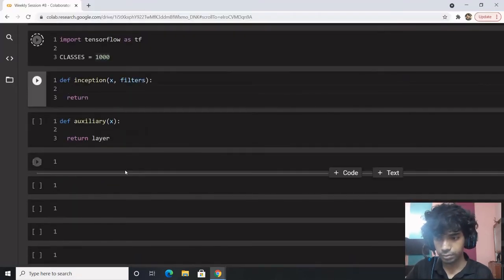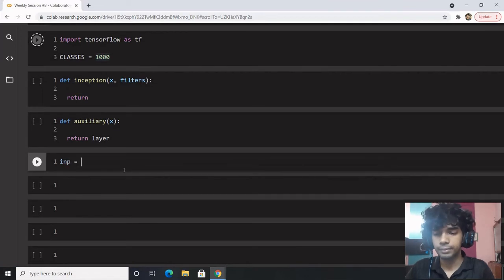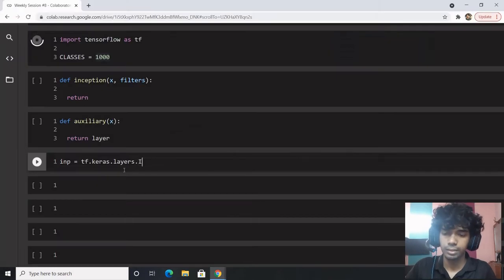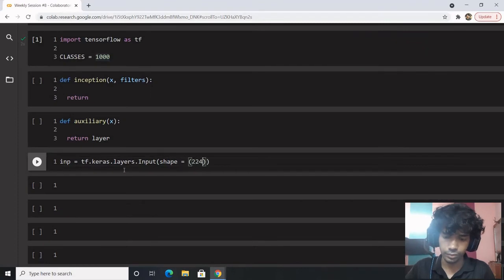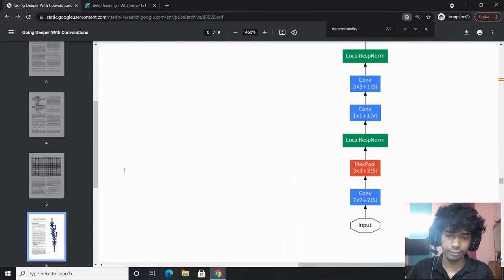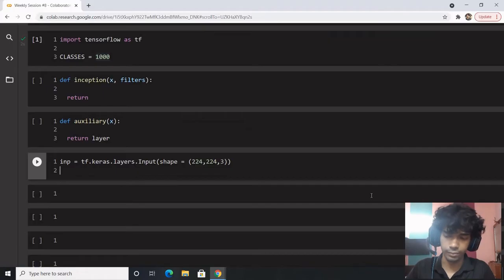Input would be tf.keras.layers.Input, with input shape, let's say, 224, 224, 3. Now we have the input. The next layer would be a Conv2D.